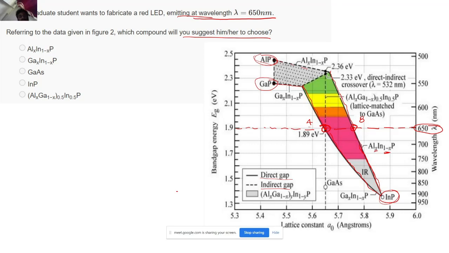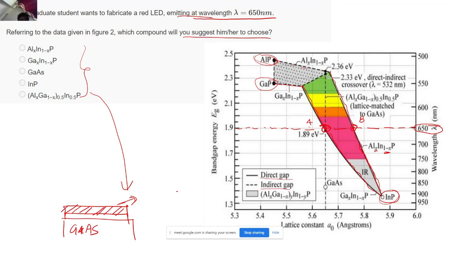And now just to revise your concept, what we do. For example, we take a gallium arsenide substrate, then we have a buffer layer, and then on top of that we grow the epitaxial layer. You must be knowing this, right? We grow this epitaxial layer, and it corresponds to these 5 options that they have given us. So whatever base material we are choosing must be present in that epitaxial layer.